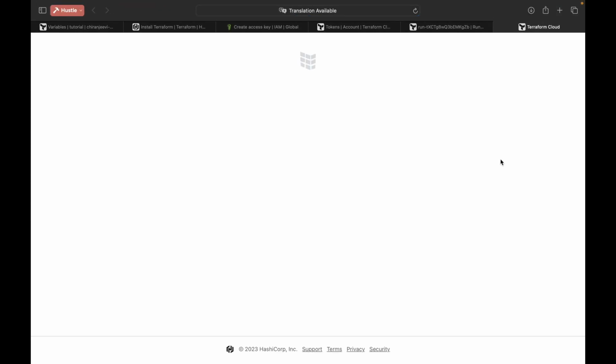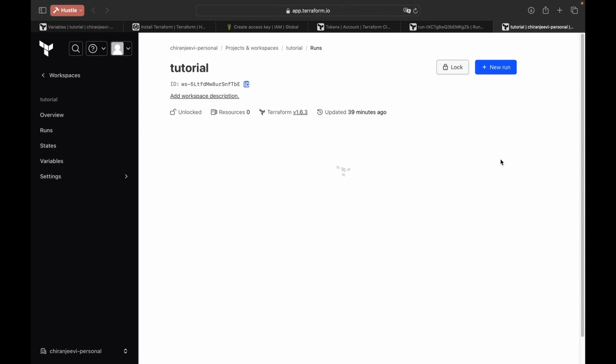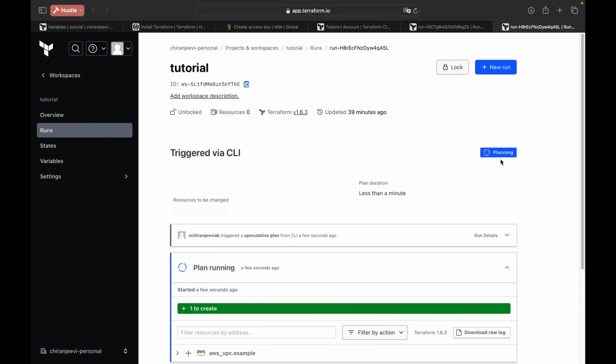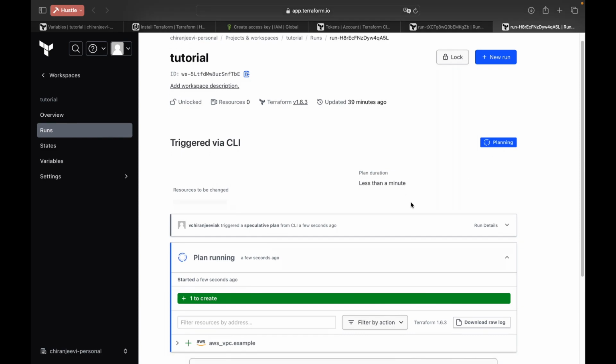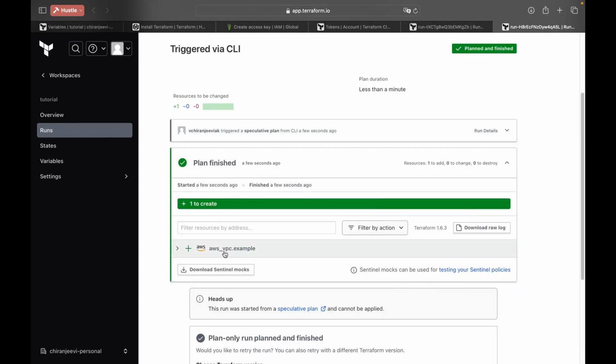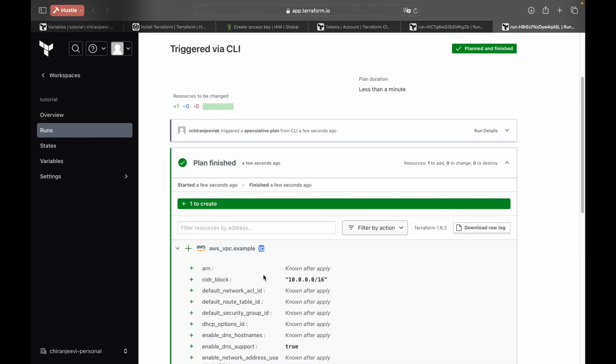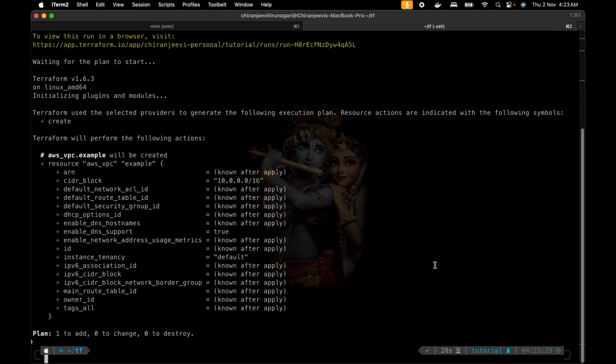Let's see what happens. If it runs and if it's showing that it will create, then it will create. Yep, it's showing a diff and it's showing that it will create this AWS VPC with the name example with the CIDR block, this one. What we will do is let's try to create one and see if it's being reflected in the